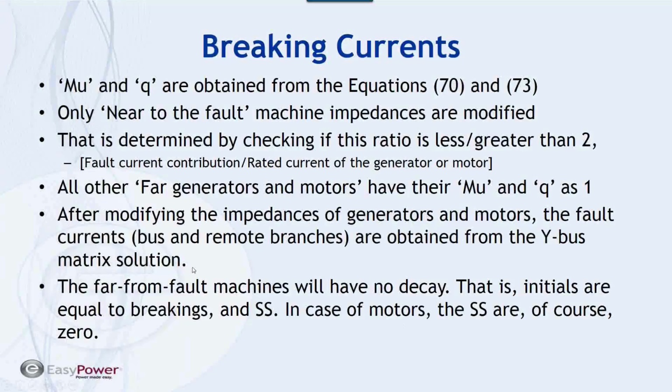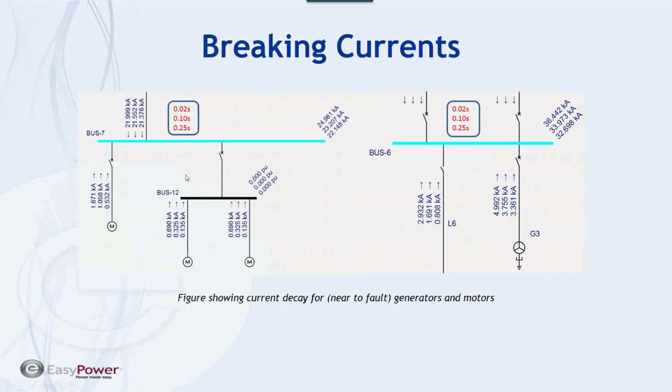So next slide here. This is just a screen capture to visualize what we have discussed so far. As you see, there is a fault on this bus, and as I switch from 20 millisecond to 100 millisecond to 250 millisecond, you would see that the current starts coming down. This is the faulted bus, and again, if you only had the source, a solid stiff source, it wouldn't be the case because we have a lot of motors here. You would see decay. I go to the motors just to examine which one of them is close to fault